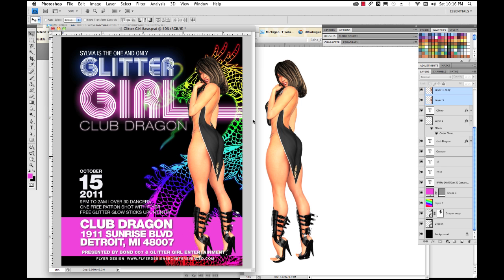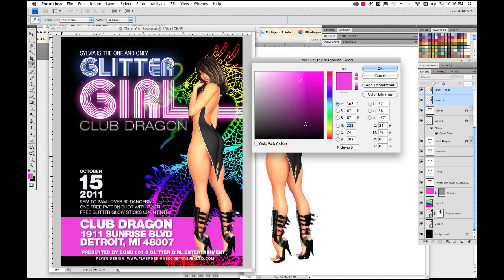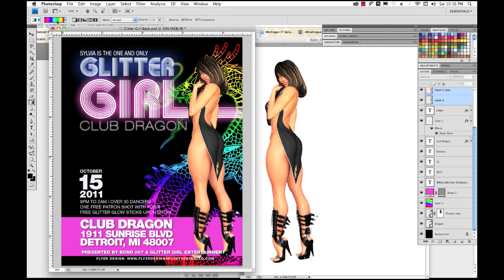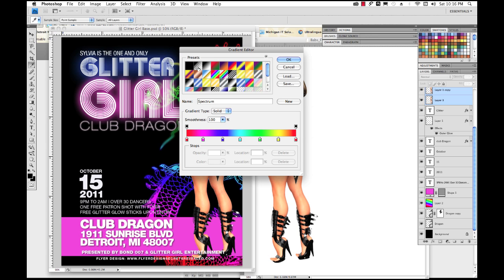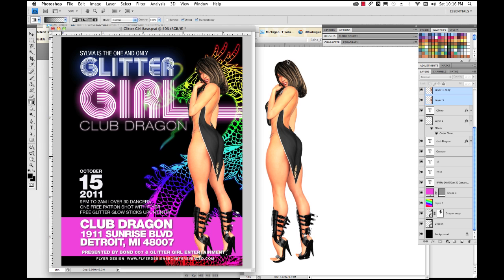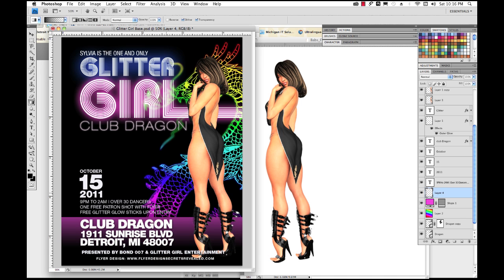I'm going to add a transparent black layer, so I'm going to make sure the foreground color is set to black. I'm going to click on the gradient editor, and I want to choose this foreground to transparent gradient. Click OK, and down below I'm going to click on the shape layer, click the add new layer button, and now I'm going to hold down the shift key and click and drag that transparent to black gradient there,